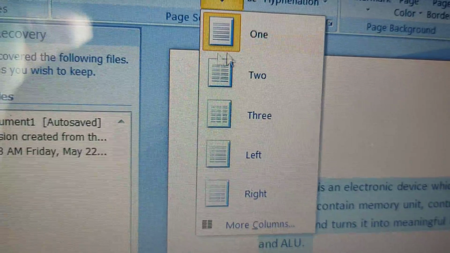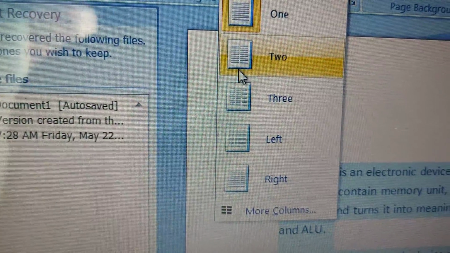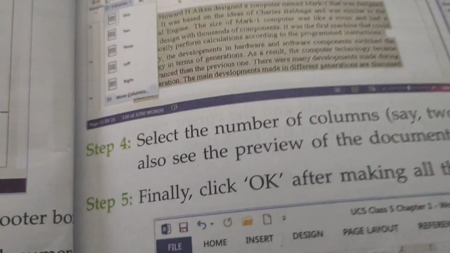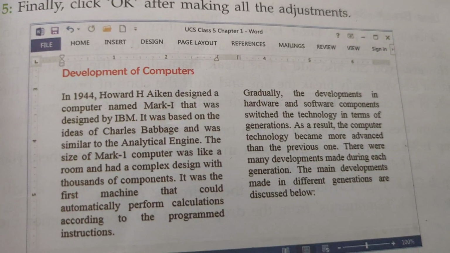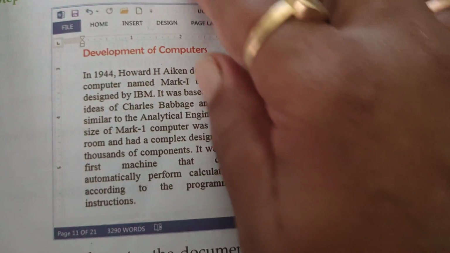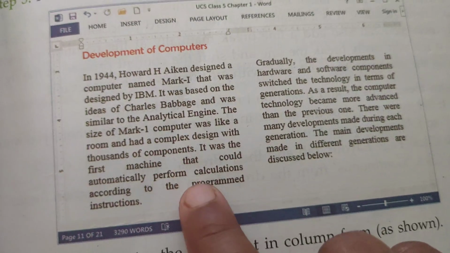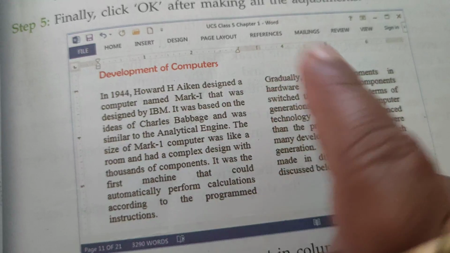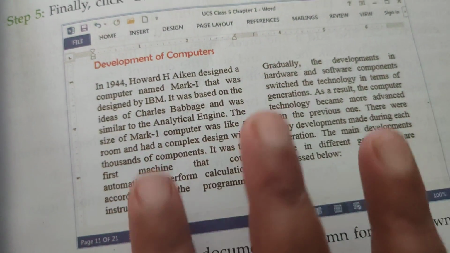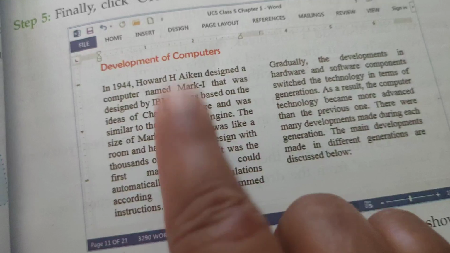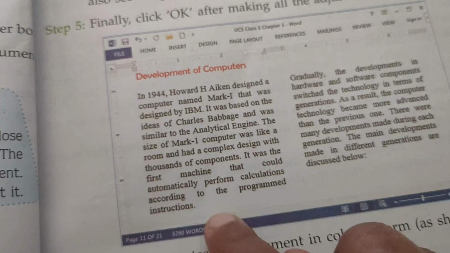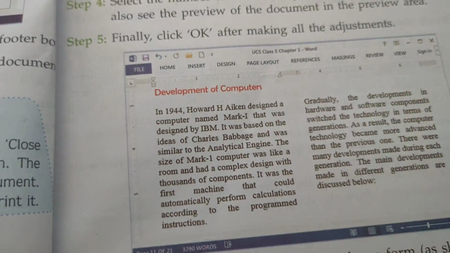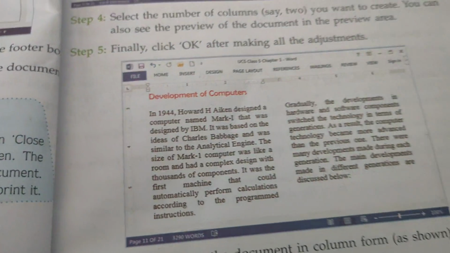Now you can see how many columns you want. Once again I want to tell you students, column break is that once you have selected the text like this, if you have taken two columns, the whole text will be divided into two columns. Means when you finish one page, the next line will be in the next column. If you have an already saved document, it will be shifted to the next column. But if you have taken two columns and you are going to enter the text, it will automatically shift to the next column. So we are going to do this type of column breaking.